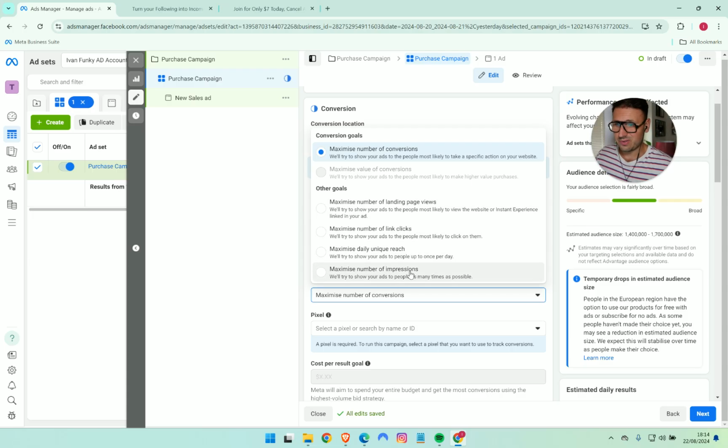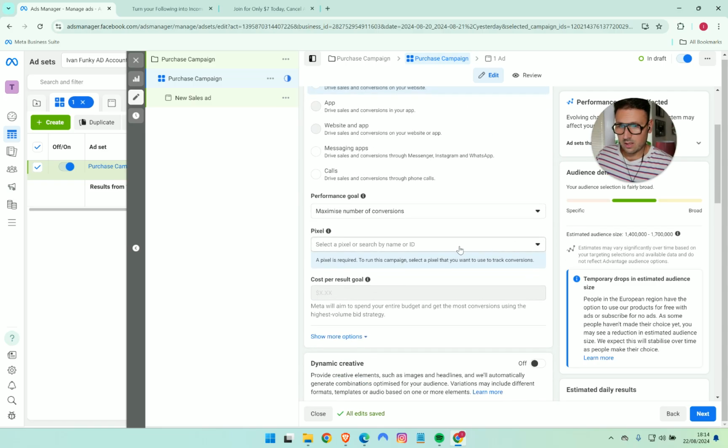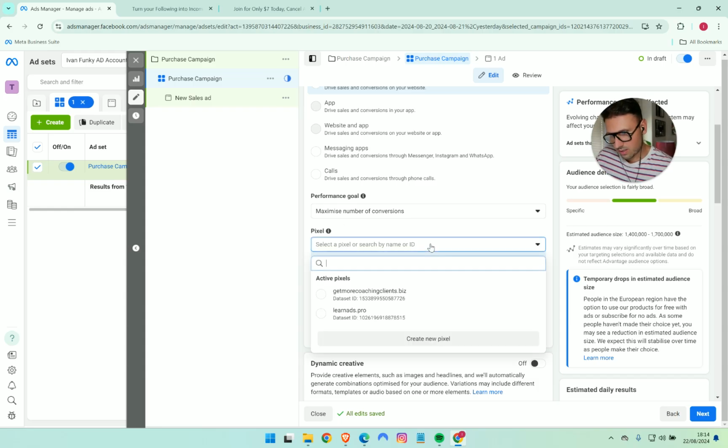Clicks, reach, impressions, blah blah blah, they make the numbers look good in the ads manager, but your pockets stay empty. Maximize number of conversions. I want as many sales as possible. That's what you want. Now you have to select the pixel code, so you need to tell the machine which